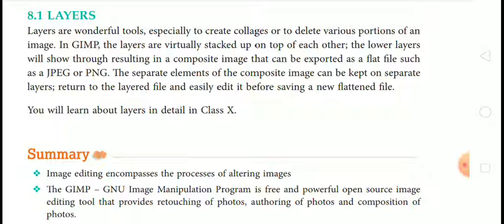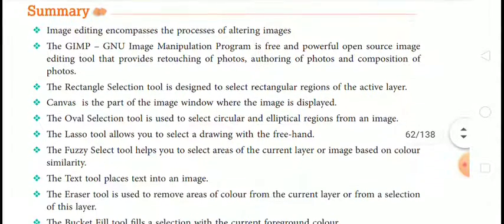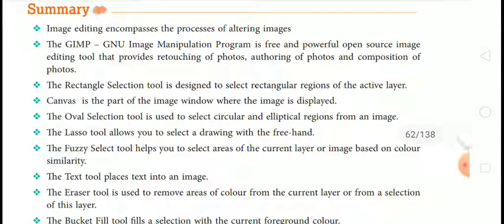So this was all about layers. Now we will see the summary of this chapter one more time. The first point is image editing encompasses the process of altering an image. Means you can change the color, size and background foreground color of your image. GIMP stands for GNU Image Manipulation Program.